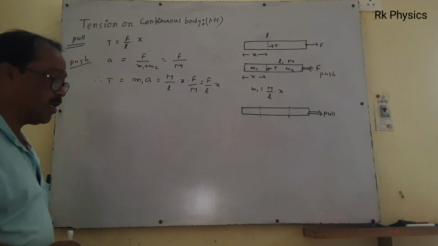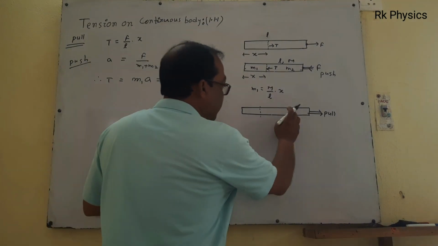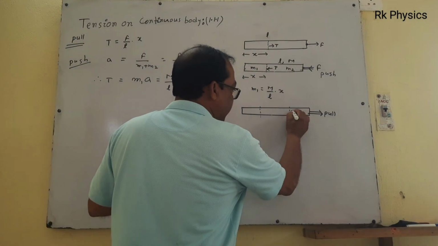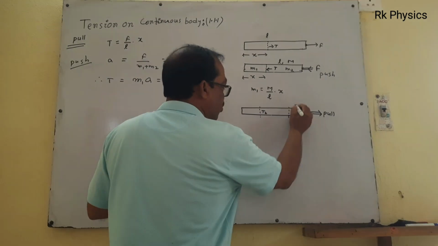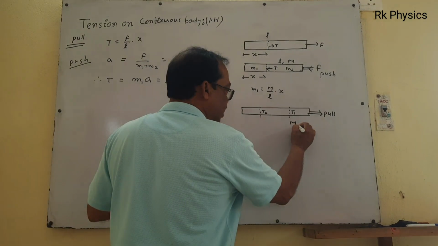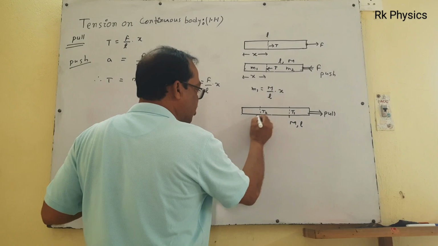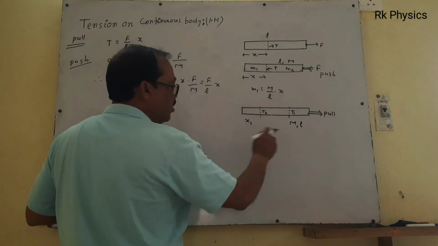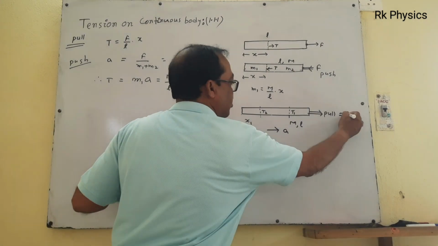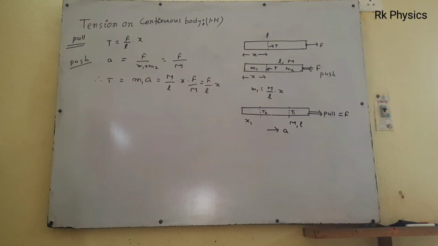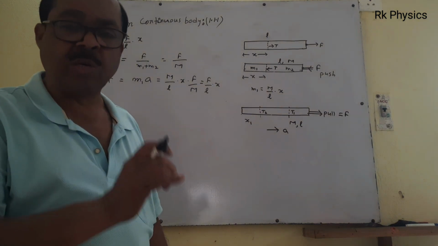Suppose in this section I am writing T1 is tension, here T2 is tension, total mass of the rod is the same M, length of the rod is L, and if this much distance is x1, the system is moving with acceleration A, the pull you give the symbol F, the system is moving towards right with acceleration suppose A,